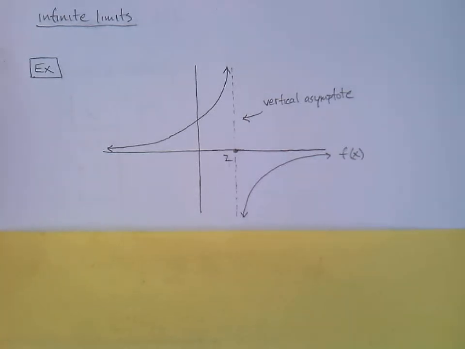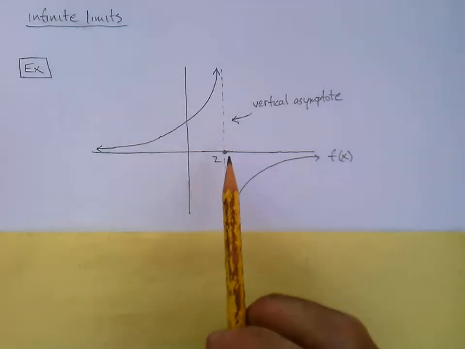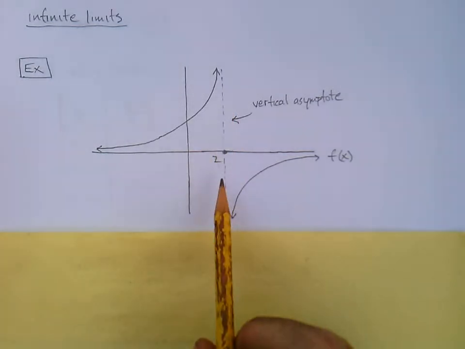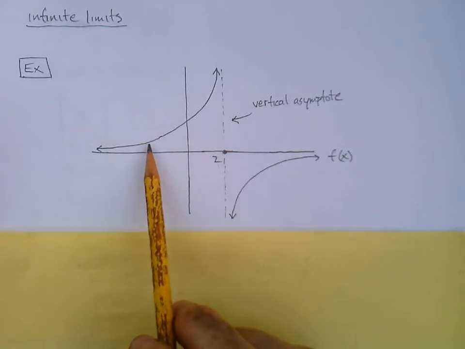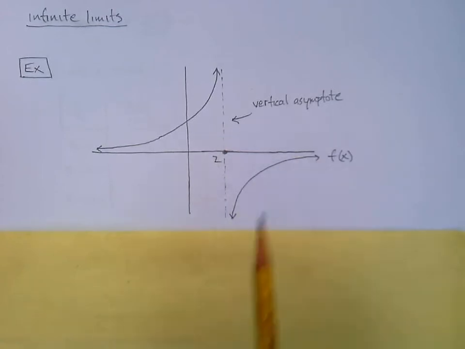The next part of our conversation is this idea of infinite limits. And so I've got this graph. To get us started, I invite you to take a moment, maybe pause, copy that graph. So what I've got, here's my XY plane, and I've got a vertical asymptote happening there at 2. And then you see the nature of the function, right? It's got this kind of behavior on either side. It's also got a horizontal asymptote at the x-axis. That's not so important for what we're going to discuss. It's really that vertical asymptote.